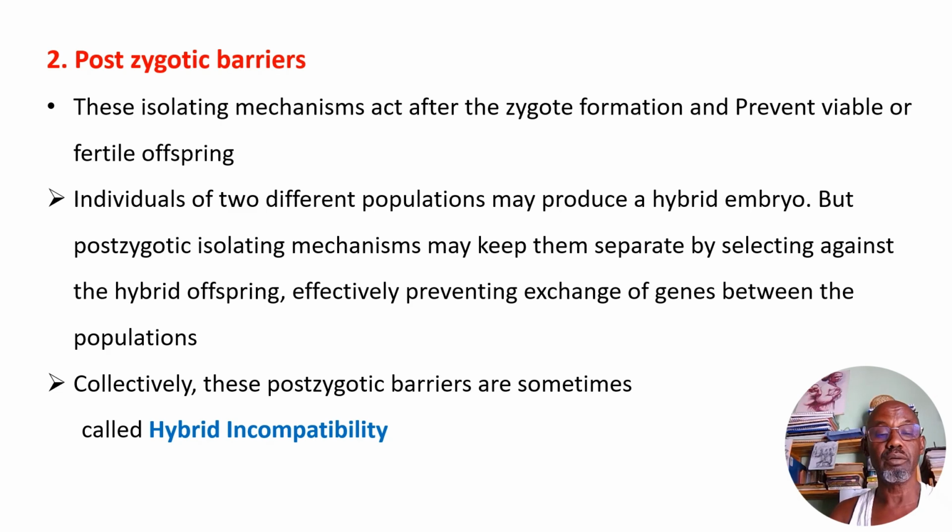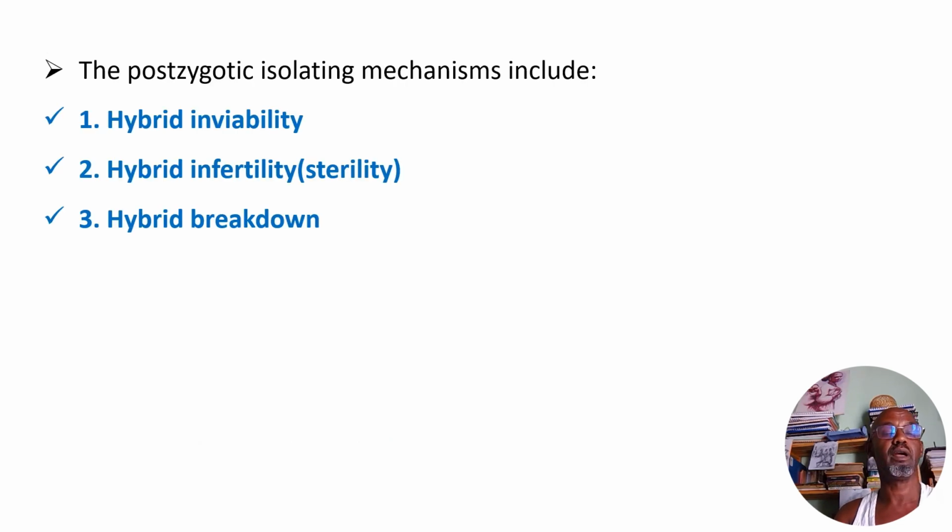Collectively these post-zygotic barriers are sometimes called hybrid incompatibility, and their selection acts on the hybrid offspring. Imagine a horse and a mule. The selection is acting against the mule, preventing the mule from reproducing. Therefore, this is a post-zygotic barrier. The post-zygotic isolating mechanisms include: 1. Hybrid inviability, 2. Hybrid infertility or sterility, the case of the mule,